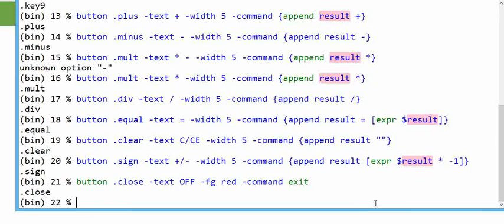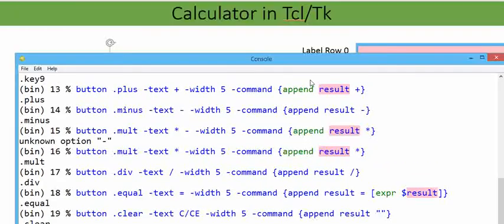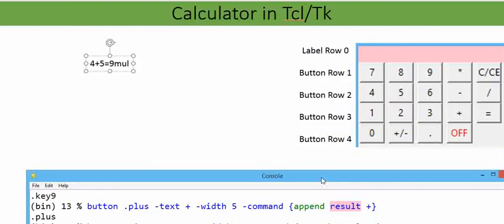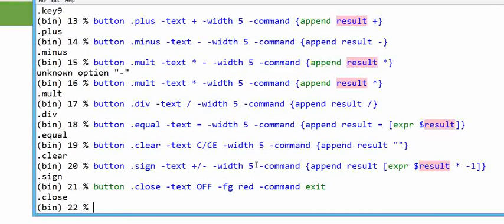After that we have made all the input and output. After that it is necessary that we invoke the grid manager or geometry manager so that it will make it appear over the GUI. Okay, now how it will appear according to our planning. First of all the label, then row 1, row 2, row 3, it will appear in the same structure.